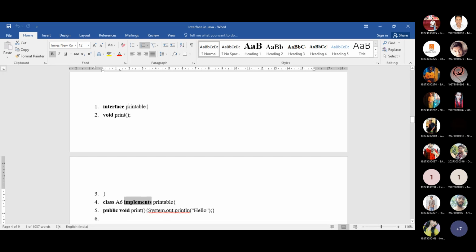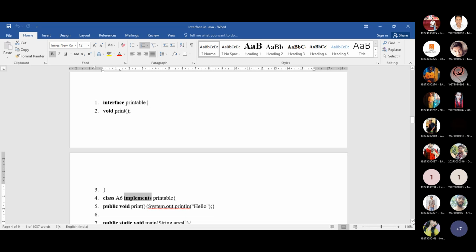So this is the rule for interface: whenever you define or declare an interface and want to use that interface inside a class, or implement the functionality of the methods declared inside the interface, you need to write the implements keyword. So here class A6 implements this Printable interface. This is similar to your previous one, the abstract class, but instead of the extends keyword you write implements, because this is the rule for interfaces in Java. You need to implement the interface, not just extend it.